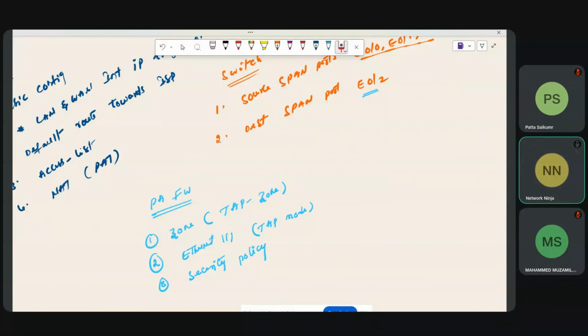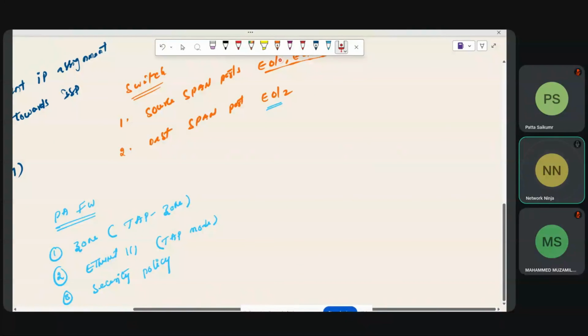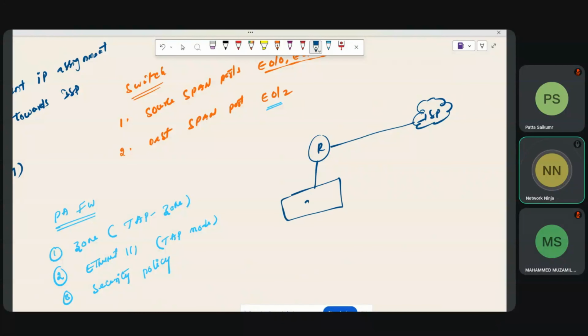By seeing this, you can easily create the architecture, even without seeing the above architecture. See here, just a router which is connected towards the ISP, and this router is connected towards our LAN switch. Here we have a switch, and two users are sitting here. One is a Linux machine, the other one is a Windows machine. Here we have taken the 192.168.144.0/24 subnet. So here we have Ethernet 0/0, here we have Ethernet 0/1, and here we have Ethernet